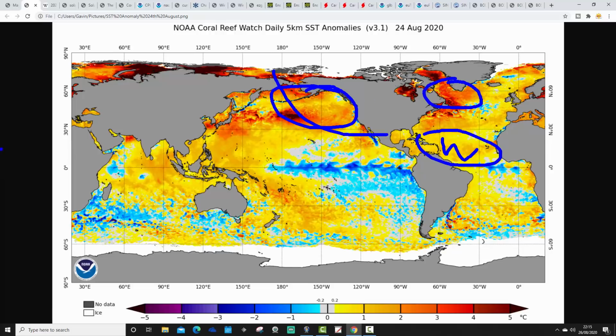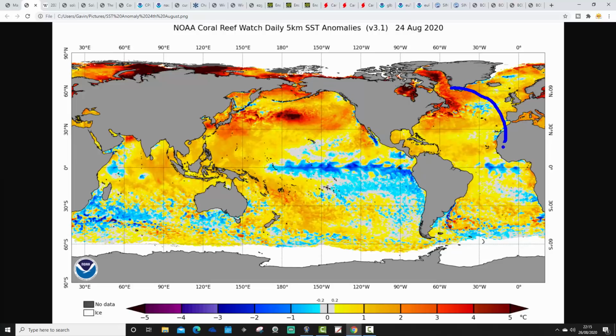In fact, the whole of the Atlantic Ocean just looks generally really quite warm, and it looks like this is the warmest Atlantic we've had for quite some time. But how long is it since the Atlantic was this warm? We will be attempting to verify that. But it will be quite difficult, of course, making comparisons, because this is a new version at NOAA. It's a new version of sea surface temperature anomalies, so we're going to have to use this and then compare back to the old version that we know so well. So it will make it a little bit tricky, actually, to make these comparisons, but we'll endeavour to do it.